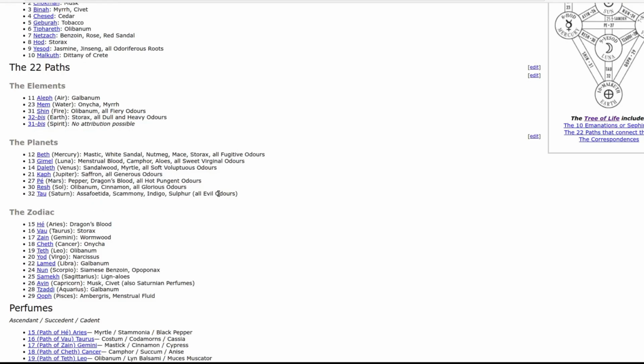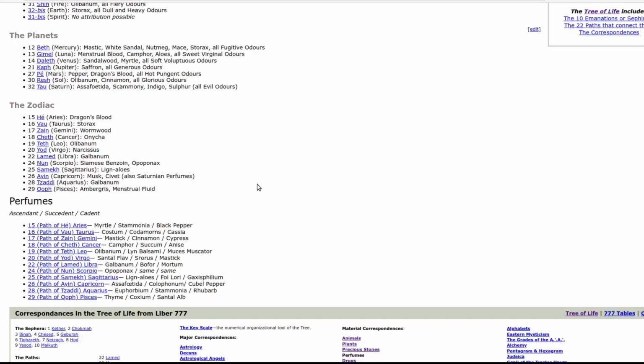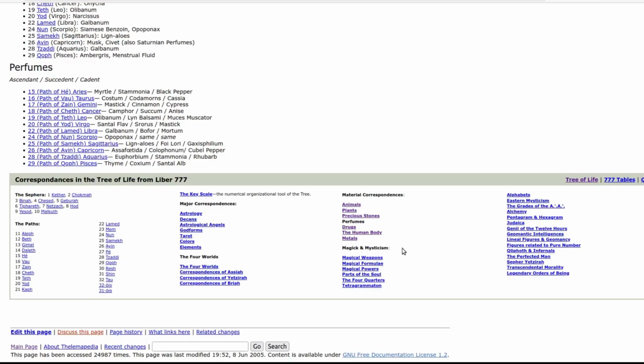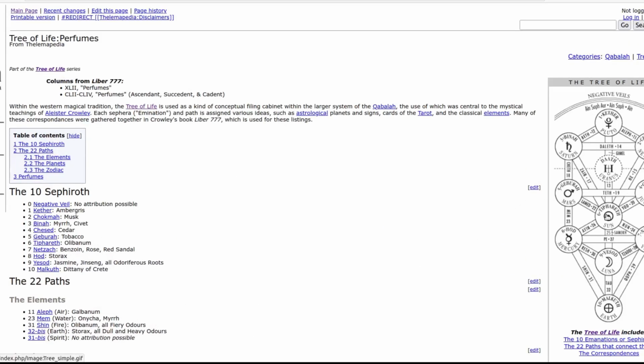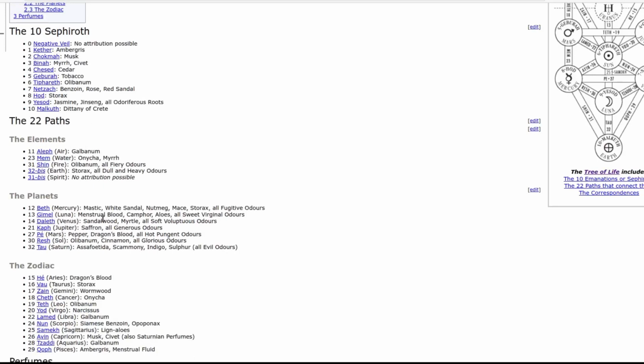Saturn is sulfur, edel, yes, things like shit and that kind of stuff. Cinnamon for soul, glorious, uplifting, nice smells. Mercury is like complicated spices. You know, nutmeg's a stimulating kind of sharp, kind of fugitive, whatever that means. Of course, if you want to look at it as the zodiac, you can see some here, and I'll leave it about that. Personally, I'm not really interested in the Kabbalah. I'm more interested in, you know, the planets, the elements, all that kind of stuff. So that's more my thing.